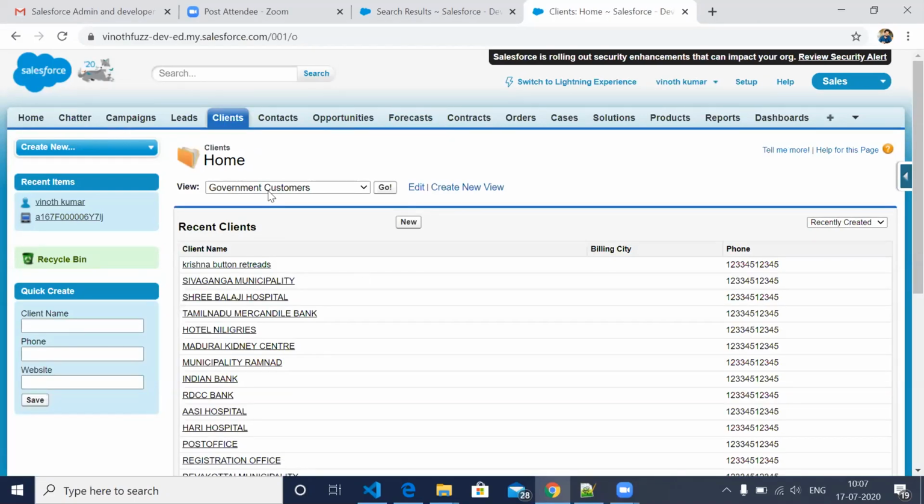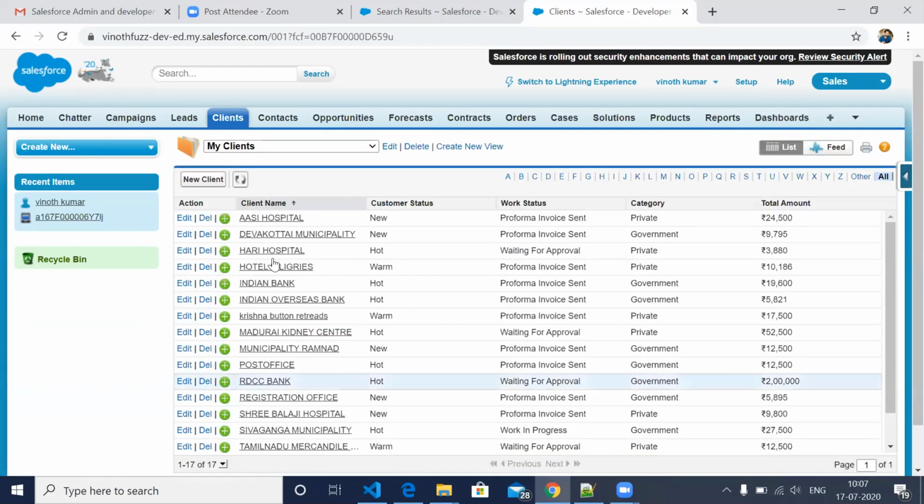So if I say client is an account object, if I go here, this is my account object. This is my table. Which one is column, which one is rows in this? You just tell me, you guess. Customer status and client name and all are fields, yeah, correct.